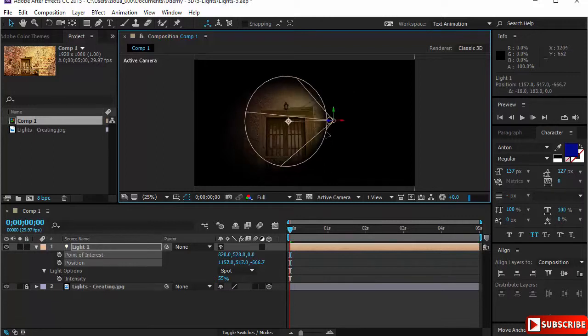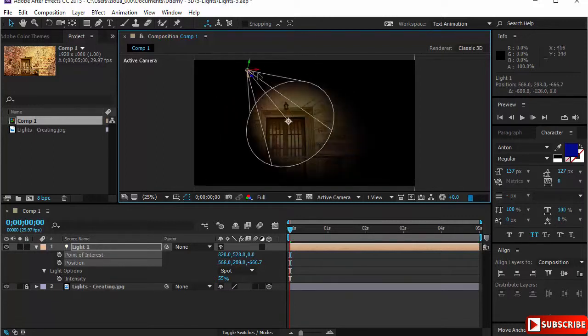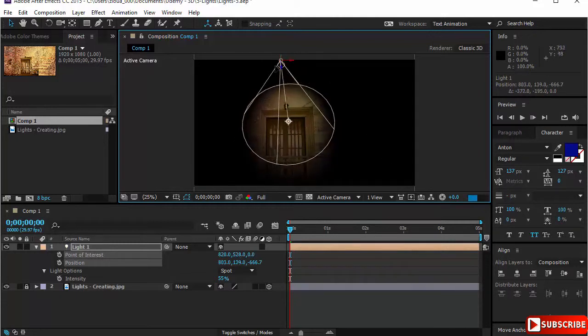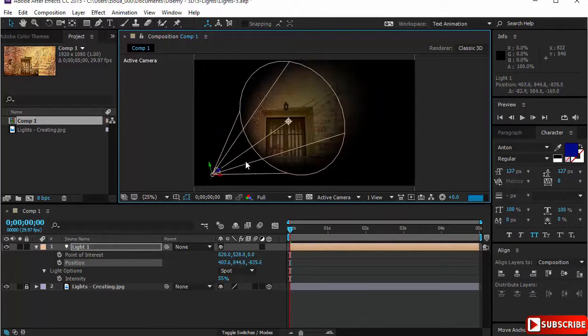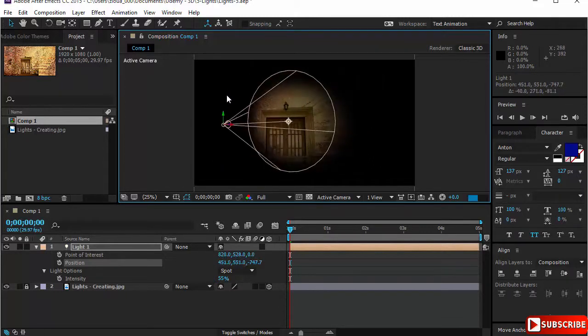If you click on the light and you move it, you see it's moving according to the point of interest. So actually, you are spotlighting according to the point of interest. That's fine. Also, you can use the axes Y, Z, and X to move the light or the back of the light. If you click on the axis itself, the point of interest will highlight and the position. Moving it will move the point of interest, just like in camera. If you press Control, moving it will not move the point of interest, but you are moving on the Y